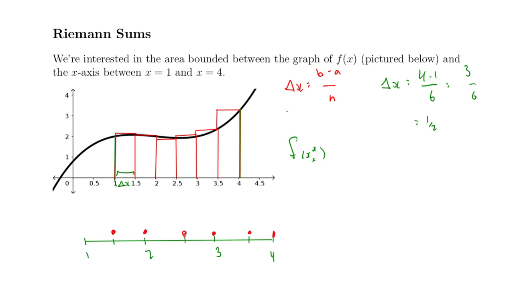But you might remember that we don't need to do that. We don't need to pick the leftmost values or the rightmost values or the midpoint values. We can literally just pick any x value. So we could have done like this one, and this one, and this one right in the middle, and maybe on this one we pick 3, and on this one we pick something a little bit bigger than 3, and then maybe on our last one we pick 4. Who cares? And we could get all these x values, plug them into our function to get the y values,